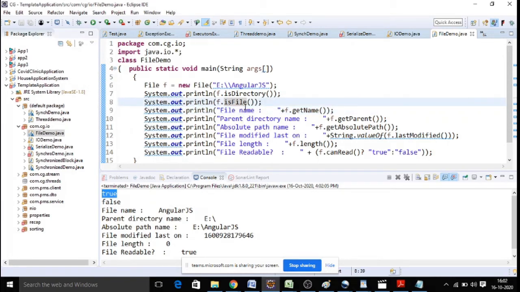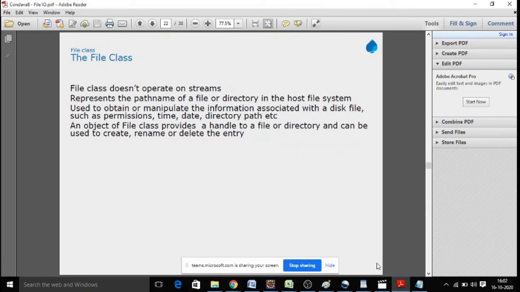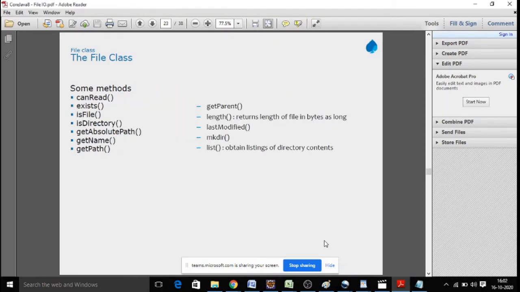We can extract a list of files available in that folder. So all those operations are possible. Because of this File class, which is readily available for us, we can manipulate folders as well. Let us say a task is given to you to display all Java files available in that folder. This is easily possible by means of an array and this File object. So see all the utility methods of this File class. canRead means whether it is a readable file, whether it exists or not, isFile, isDirectory, getAbsolutePath, getName, getPath. These are all the methods.